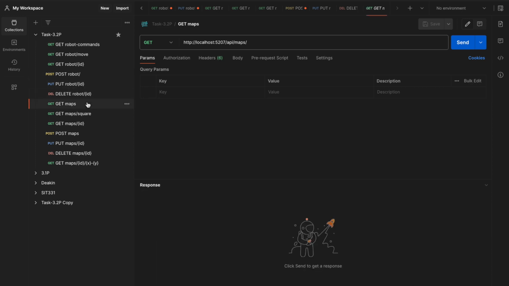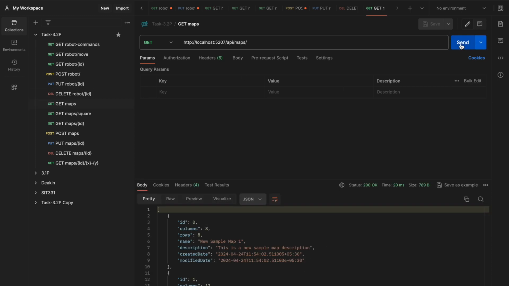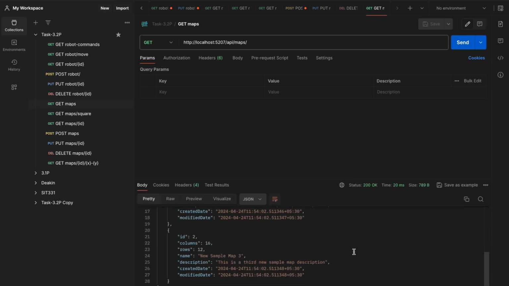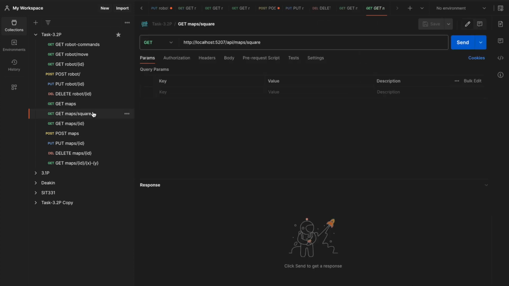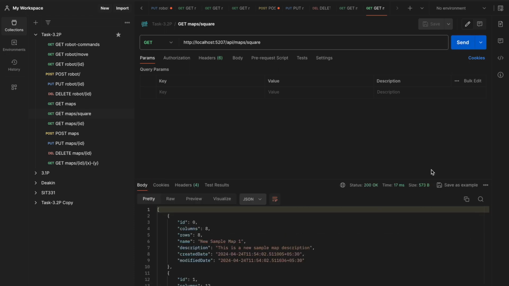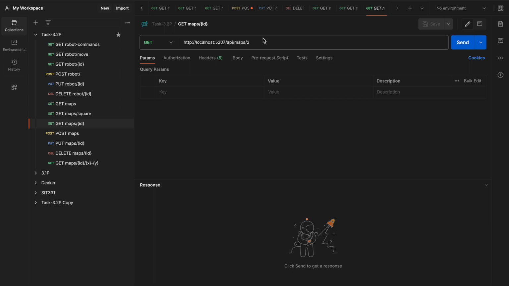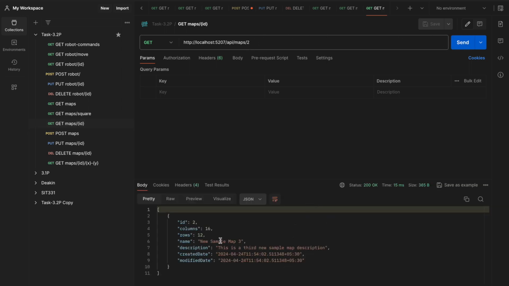Now for get maps, I will send this request and it returns all the maps. Now for map square, these are the square maps. Now for getting a map by a specific ID, say ID 2, you can see ID 2, column 16, rows 12. Now for posting a new map or adding a new map,